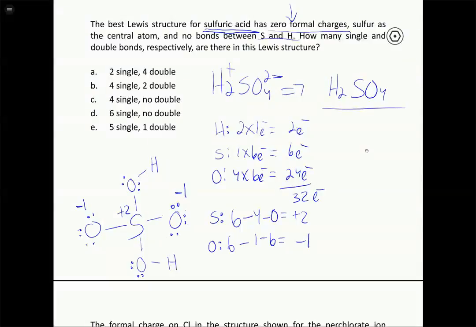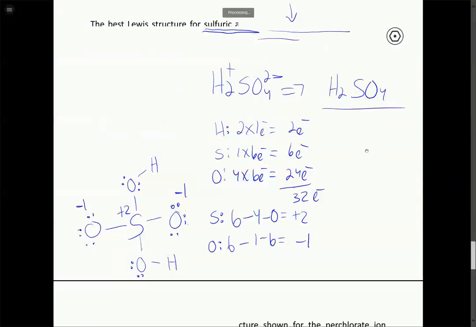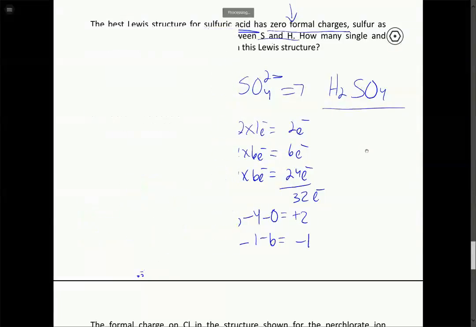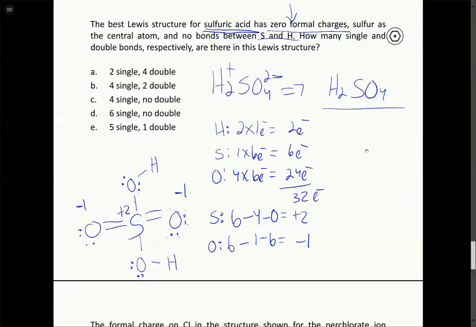So remember, the way we do this is if we have a negative next to a positive, we can take off one of the lone pairs and make it a double bond. We take off one of the lone pairs from here and make it a double bond. And now we've removed all our formal charges. So if we recalculate the formal charge for sulfur and oxygen with this structure, where we have 2 sulfur oxygen double bonds,